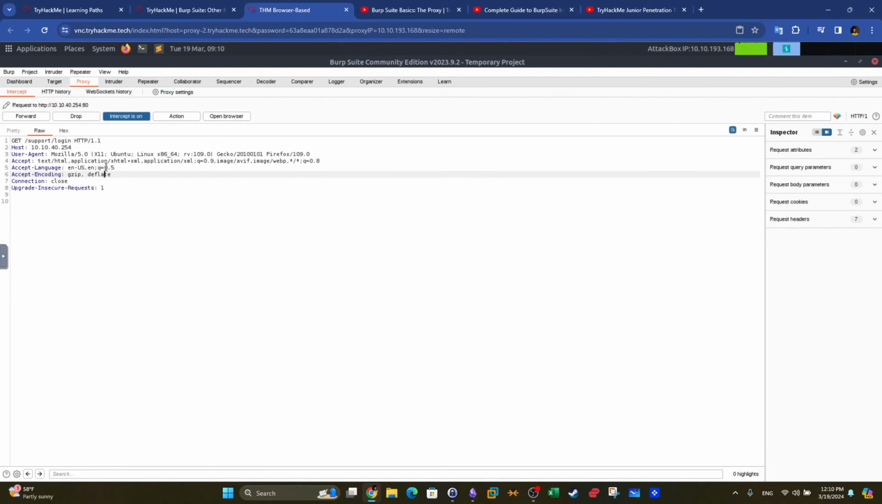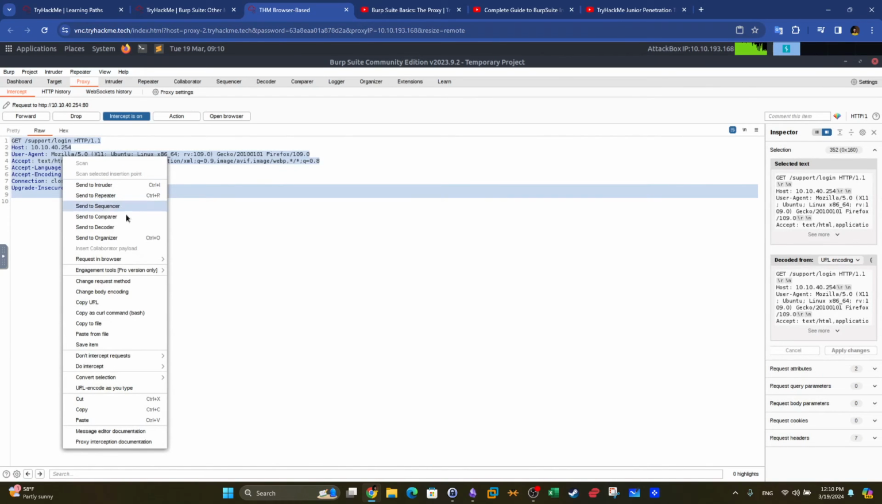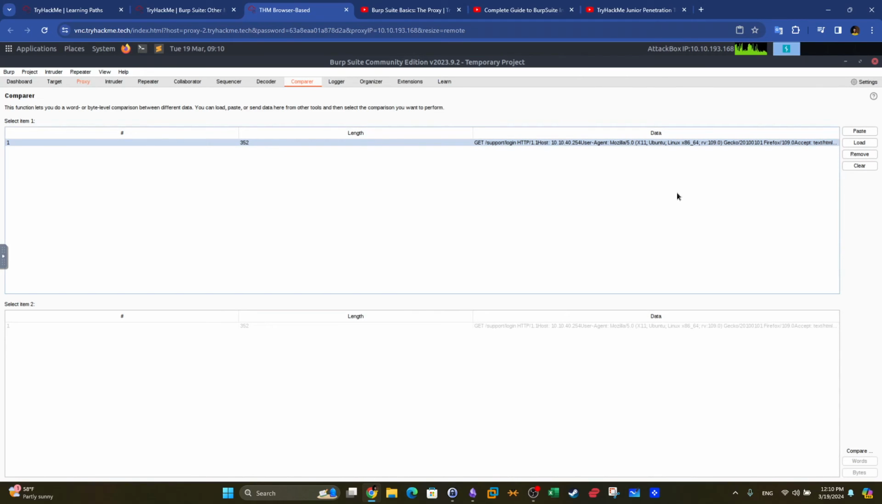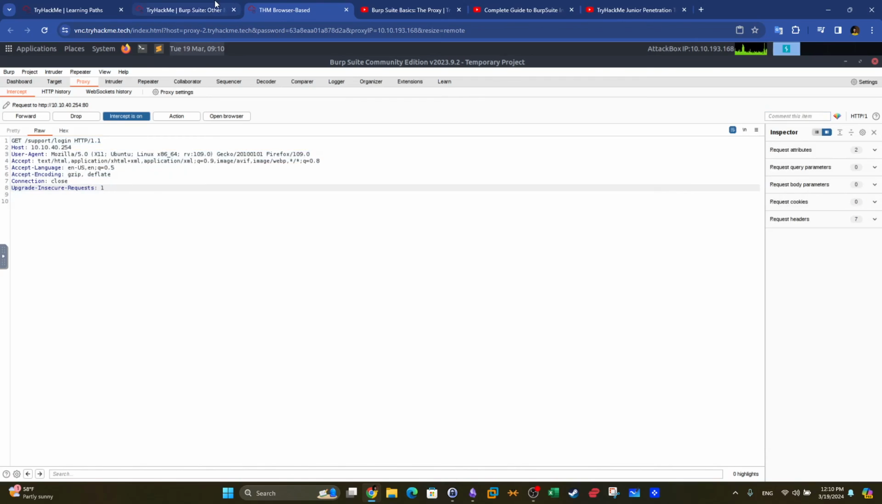So how to send the request to Comparer? We're gonna highlight this. Right click, send to Comparer. Okay, we have one request now, right? Comparison is an operation that compares two objects. So we have one object now, which is the first request. What if we want to compare this with another request? So the given scenario here,